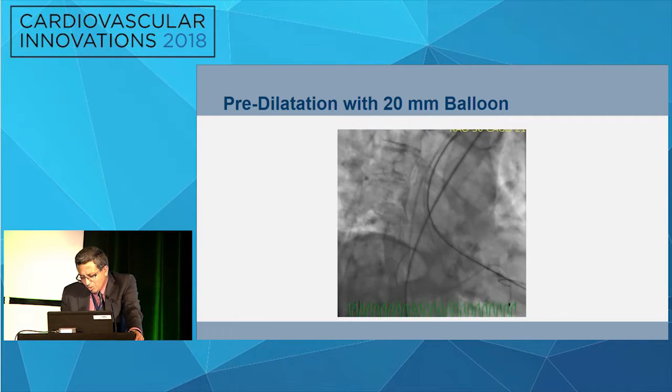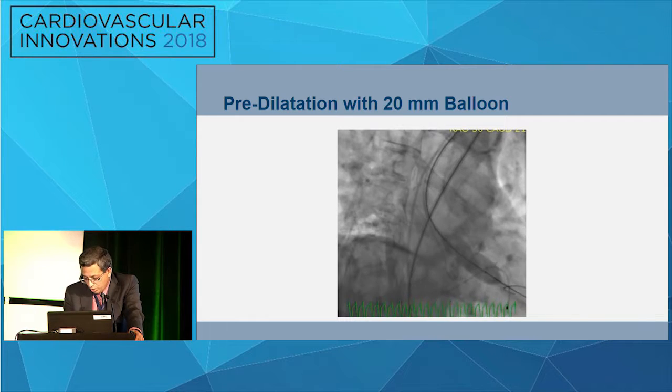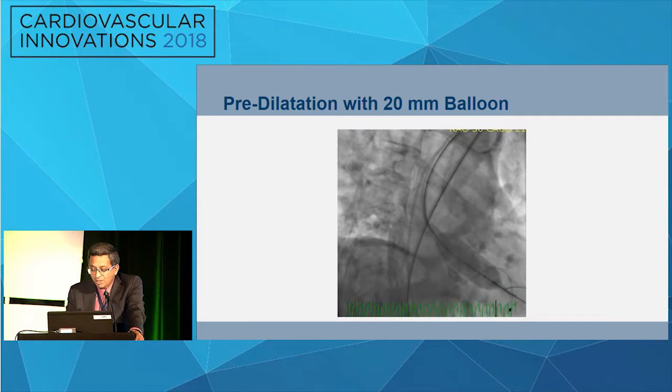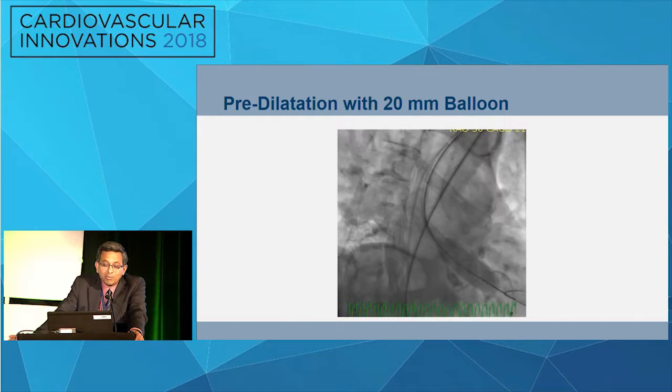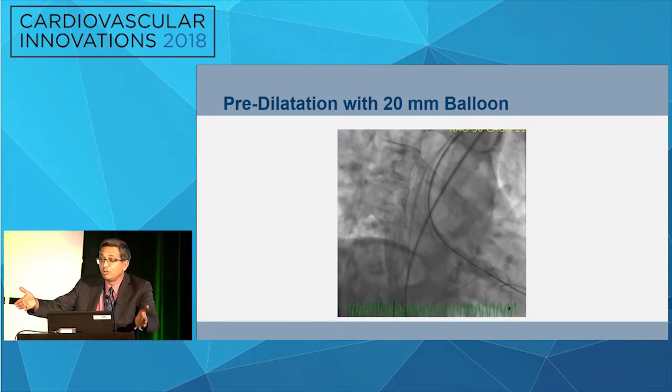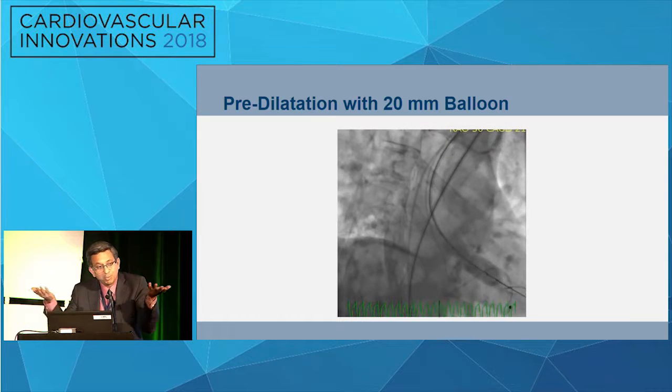I think that's a good idea. It looks tight, and you could rupture the root by trying to push it. It's a little bit tight, and you see it's very tight. So this is a 23 millimeter balloon for a 29 millimeter valve. Normally, of course, in the Edwards kit, you will have a 25 millimeter balloon, but I put a 23 millimeter